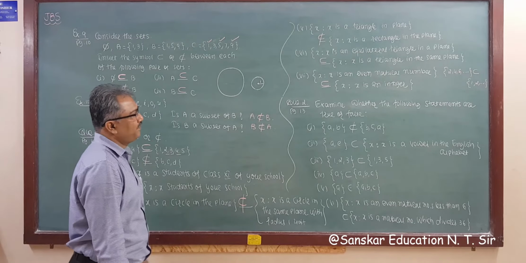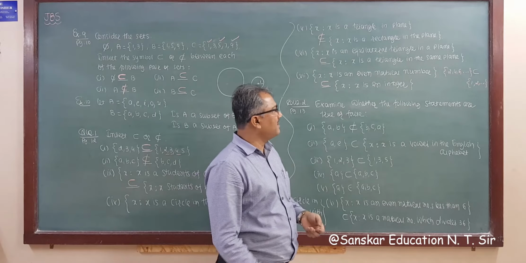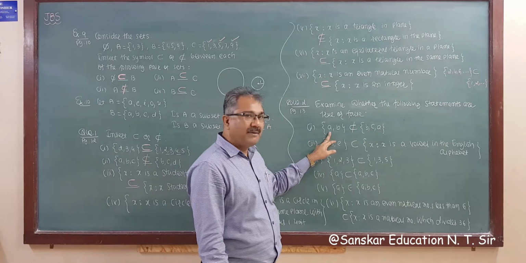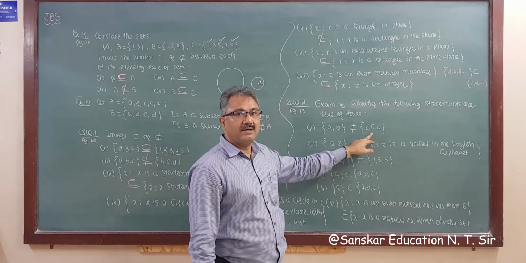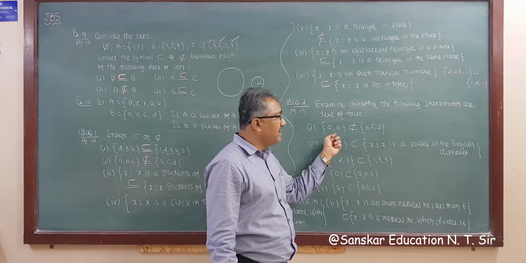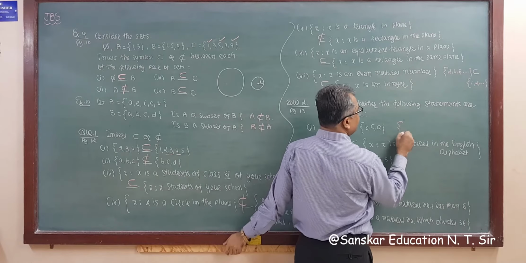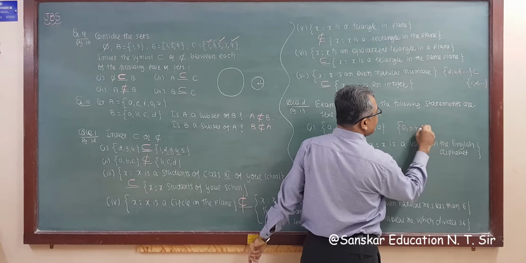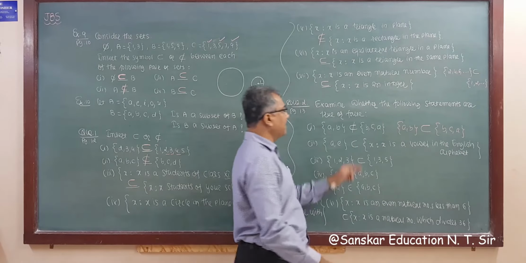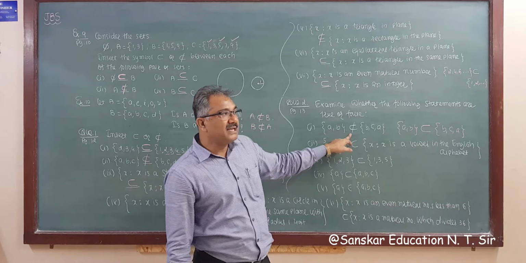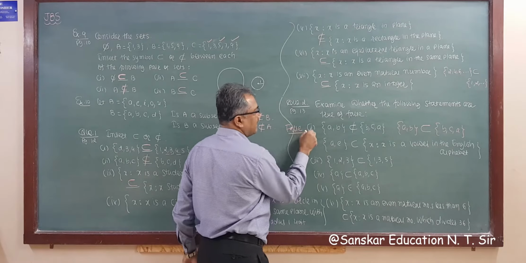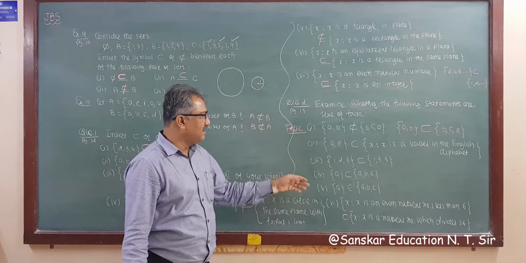Now question number 2. Examine whether the following statements are true or false. Now given that AB is not a subset of BCA, why are they giving it like this? A and B are contained here, so AB is a subset of BCA, and instead of that they are giving not a subset, so that means this statement is false. So the answer of this is false. I am writing the answer here, so you can clearly read it.